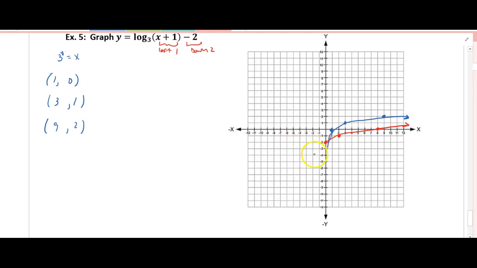Okay? But now what I want you to notice is if my vertical asymptote was at the y-axis, so x equals 0, and if this whole function shifted left 1, if all these ordered pairs went left 1, what do you think is going to happen to the asymptote? It's going to shift 1 also. So your vertical asymptote here would be at the equation x equals 1. It'd be that vertical line there. Okay, so go ahead, try the homework, and let me know if you have